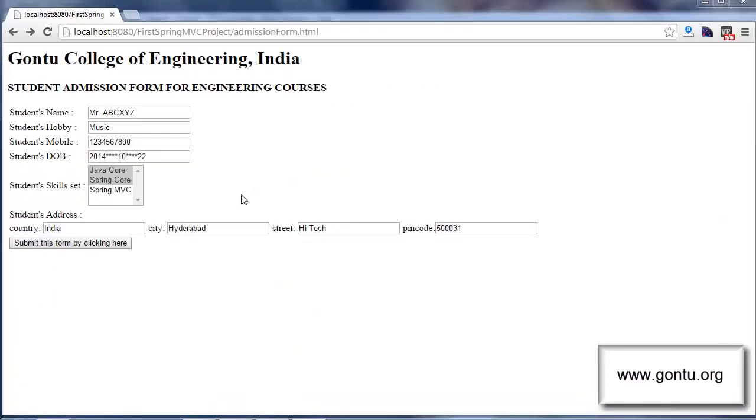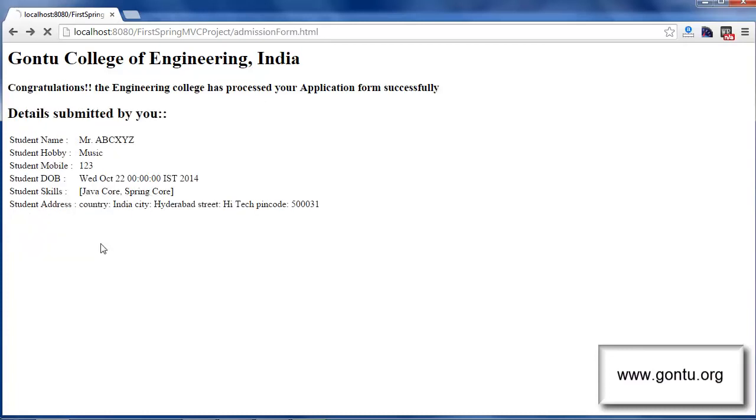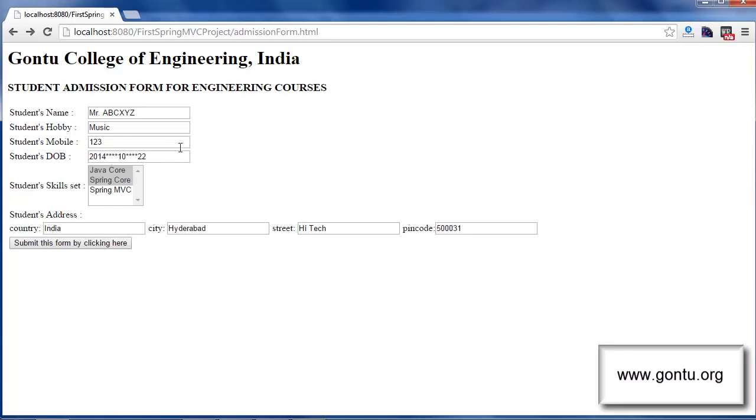Guys, in this demo application, there is no restriction on the number value which the user would provide here in the student mobile field. If you provide 12 and submit the form, there won't be any problem. If you provide say 123 and submit the form, there won't be any problem. Now what if my requirement here is something like this? Whatever value the user would provide here in the student mobile field, that value should always be less than or equal to